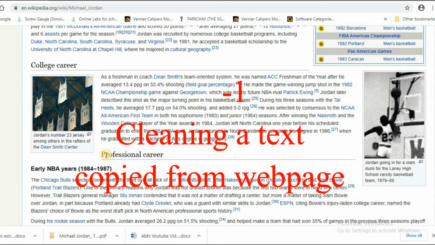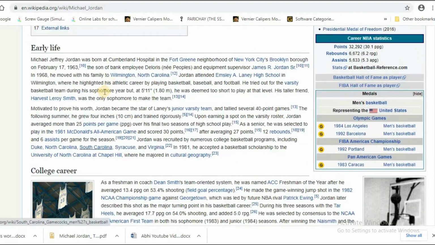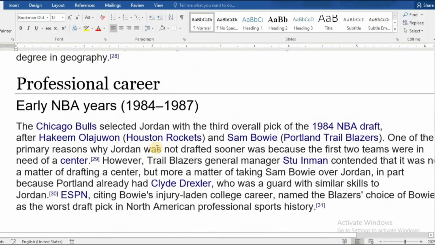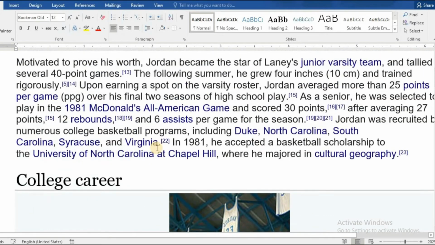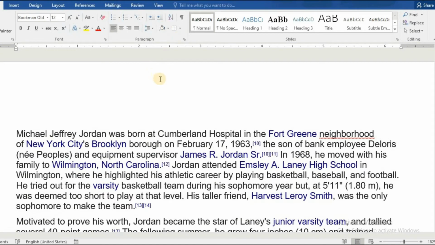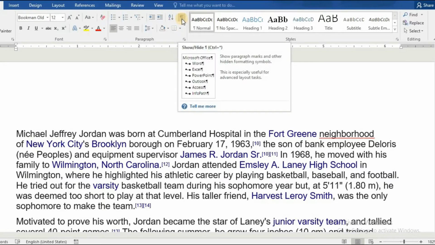I'm going to copy a Wikipedia page on basketball legend Michael Jordan. So I will copy it from here. Now we go to the Home tab and click on this icon.